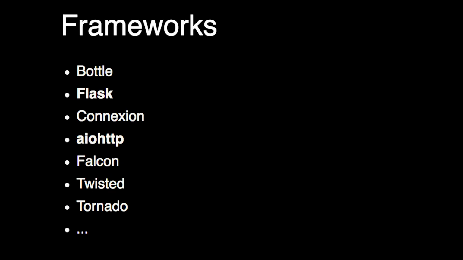Connexion, which is made by the Zalando team in Berlin, I think. It's based on Flask, and it uses a Swagger definition to create microservices using Flask. It's an interesting approach because what they ask you to do is to write the Swagger spec, and then the code is automatically generated from there dynamically, so you don't have to actually do any routing. You just have to provide your Swagger definition and your function, and it works like that. So it's pretty cool. AIOHTTP, which is like